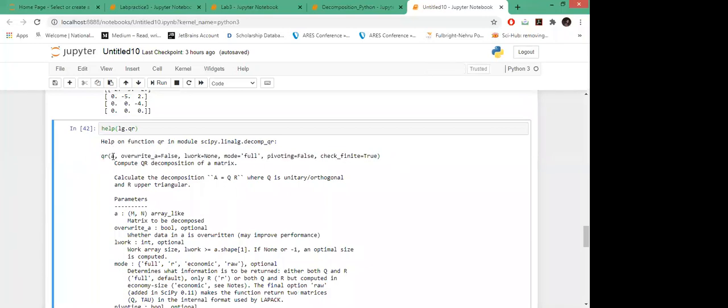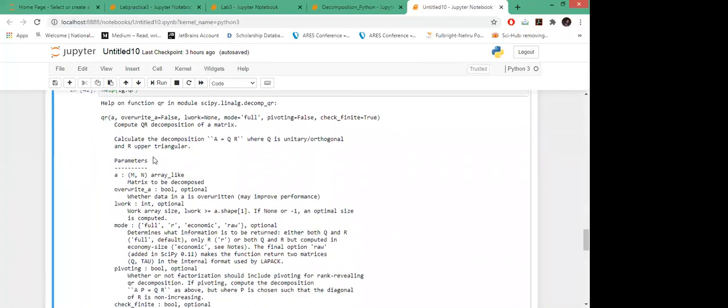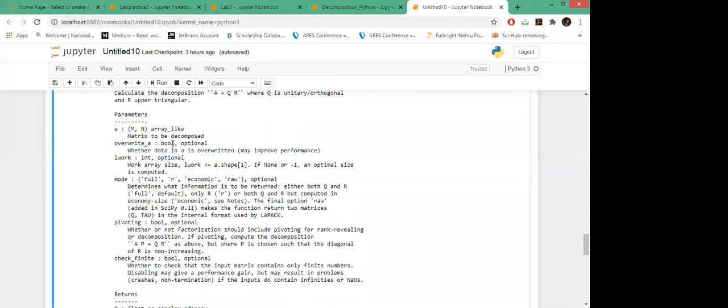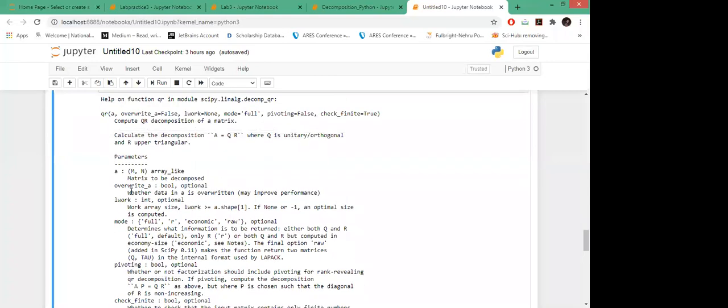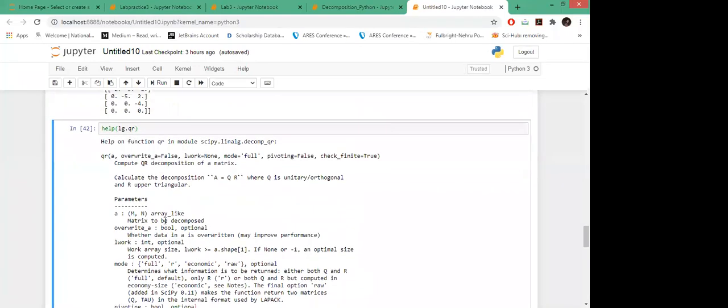Like A is your matrix, which I already used. We can also use overwrite. What does overwrite mean here? It takes a boolean, and it is optional: whether the data in A is overwritten, which may improve performance. By default it is false.